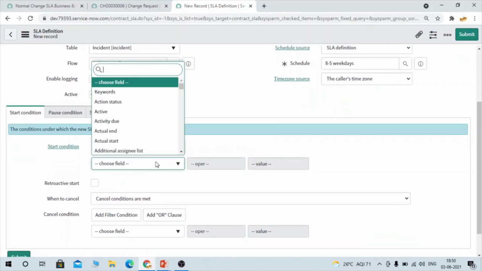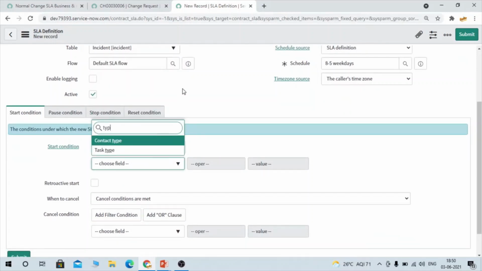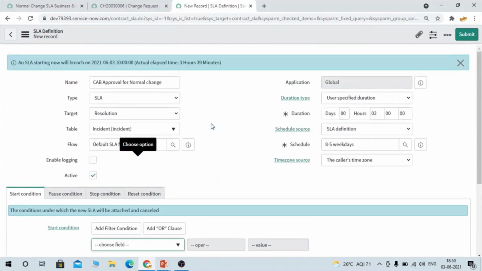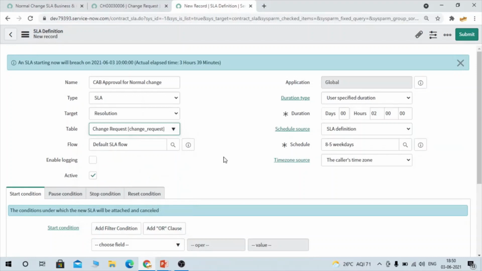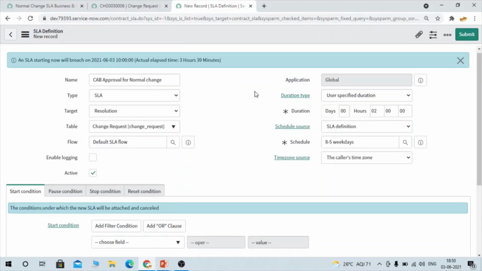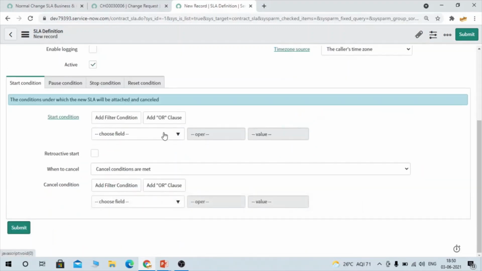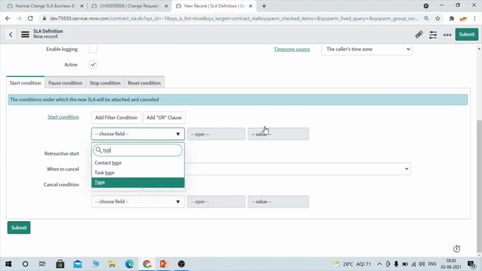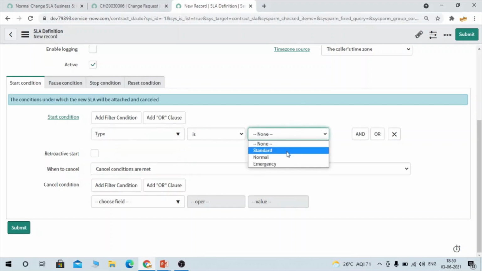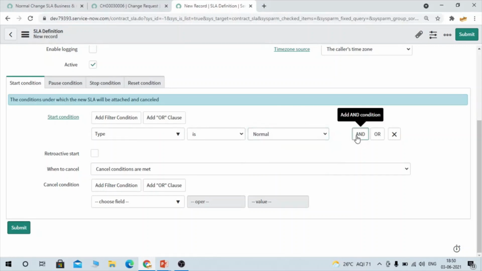And here our type will be same. Table you have to select first, change request. Type will be same, normal. If you have to create it for emergency change or standard change, you can select that one.